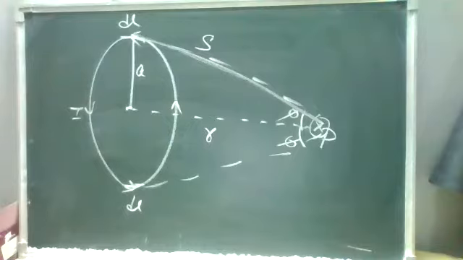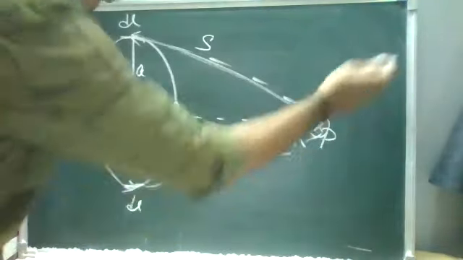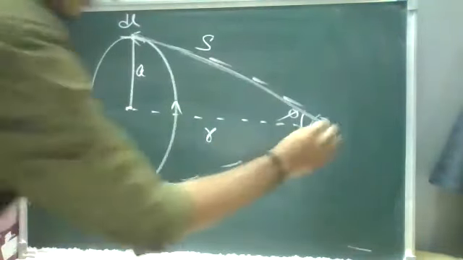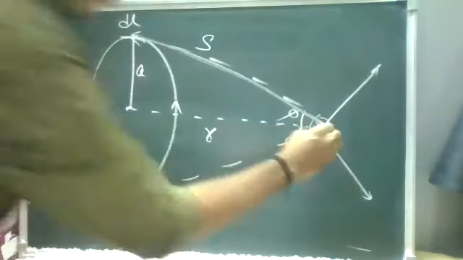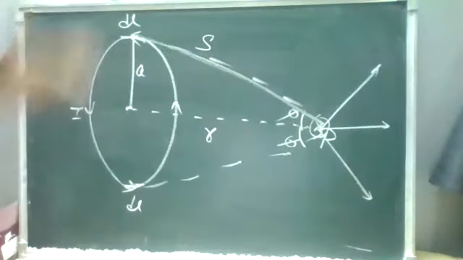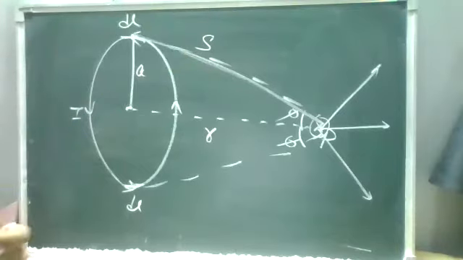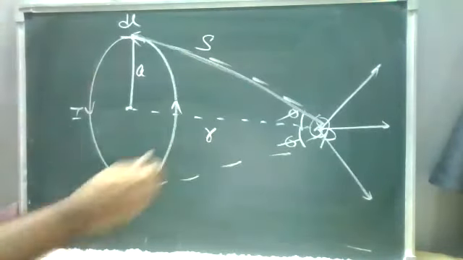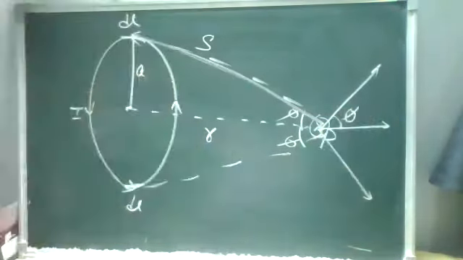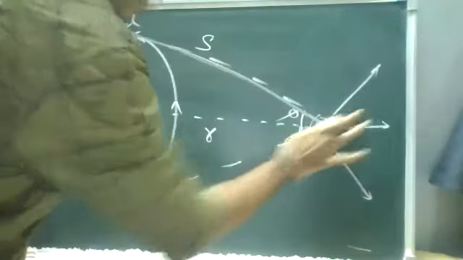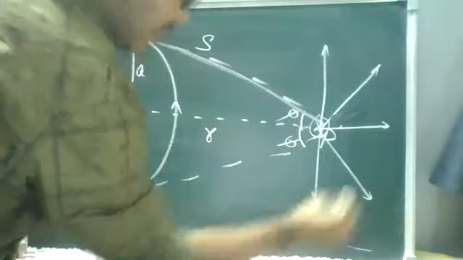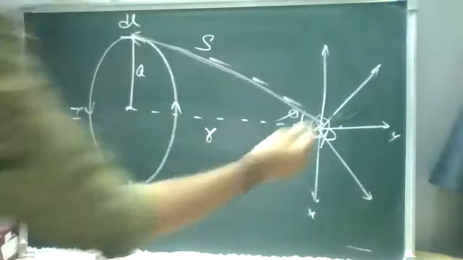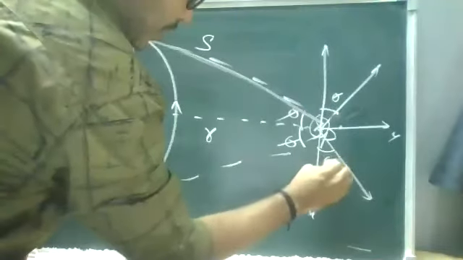Now if you see, the magnetic field lines will try to cross each other, and again they will have some vector product here, making some angle of phi. Remember, we have discussed the equatorial dipole. It is the same thing, just tilt it, but the magnetic field will be on the same axis. So it was making an angle of phi. This is the x axis and this is the y axis. So it was making angle of phi here.